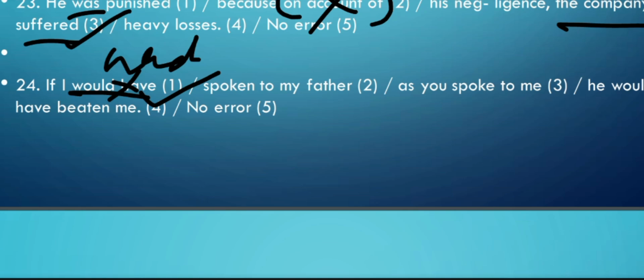Okay, अगर मैंने पापा को बता दिया होता जो तुमने मुझसे कहा है तो वो मुझे बहुत पिटाई करते. ओके, अगर वाला सेंटेंस में इफ़ के साथ क्लॉज आपका चलेगा इफ़ प्लस हैड प्लस V3. ओके, और उसके बाद ये बैलेंस होगा कहाँ से, वुड हैव प्लस V3. यानी कि अगर हमारे सेंटेंस में आगे के सेंटेंस में मेन क्लॉज में वुड हैव प्लस V3 दिया हुआ है तो इफ़ वाले क्लॉज को हमें हैड से बताना पड़ेगा.